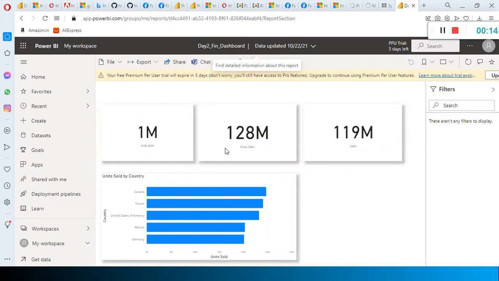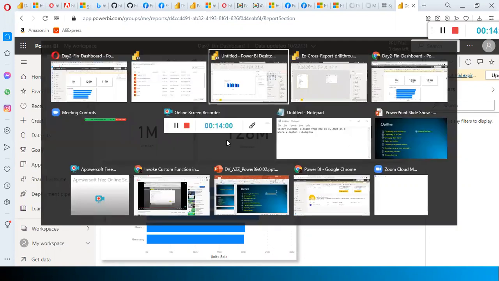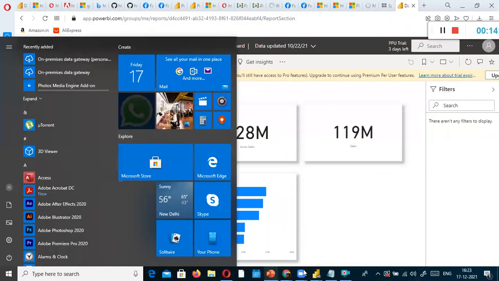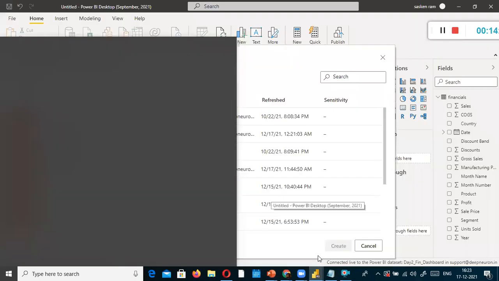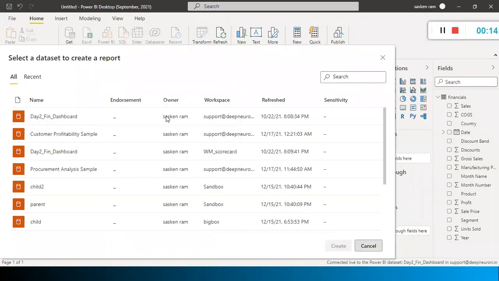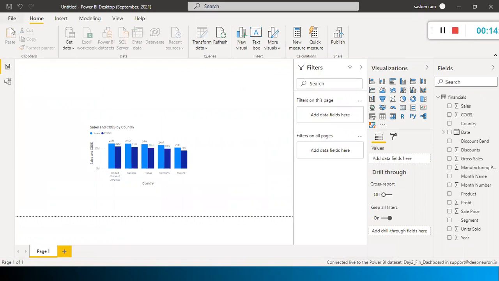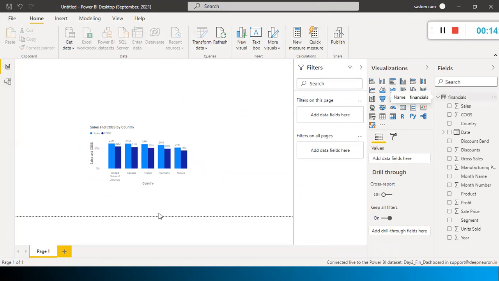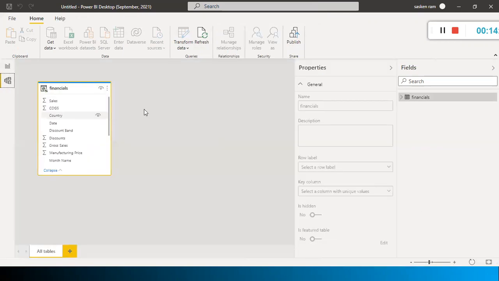See, when you publish this dashboard, for example, this is my report. If I wanted to publish it, I can publish it. That's all. Let's say you have imported this file from your local laptop, the Excel file, everything. When you store it, the data gets stored in the Power BI model itself. In the Power BI model, the data gets stored. Okay, this is called the data model.